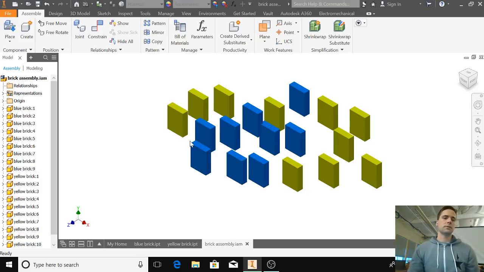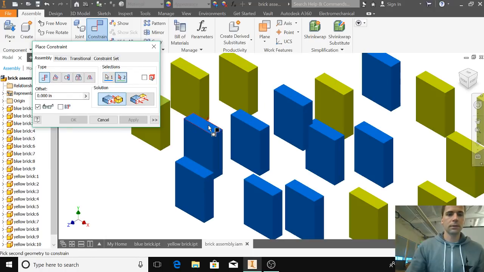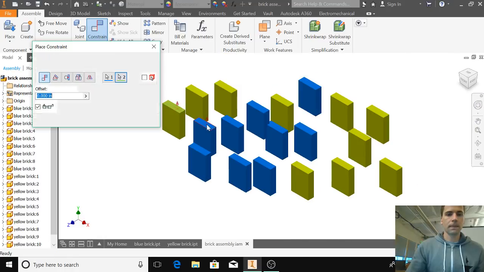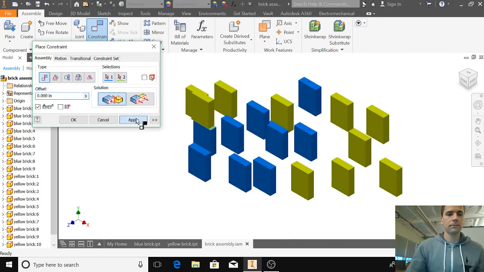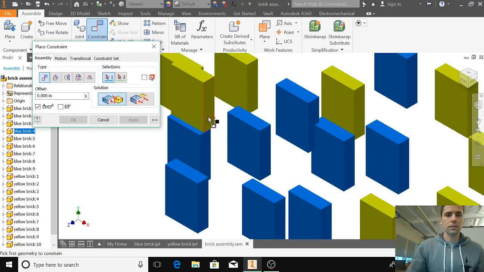And what I want you to do is you're going to start constraining these together, and I want you to play around with it and try and maybe make a design or some type of structure. You can go to constrain, and we're going to use mate, let's say we want the top of that one connected to that one, so you can see my arrows there. Boom. I hit apply. But notice, they are constrained together at this face, but they're not constrained on their side. So I would go constrain, and you gotta be careful of these. You can constrain edges, but right now I want you constraining faces. So face to face,